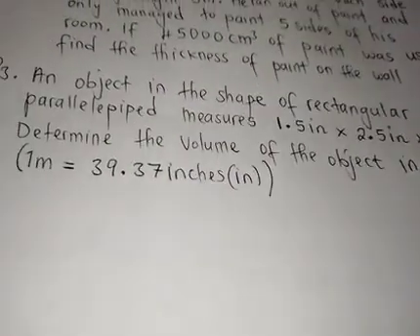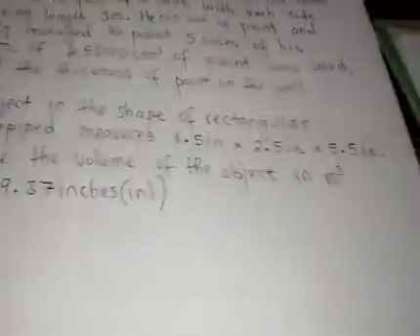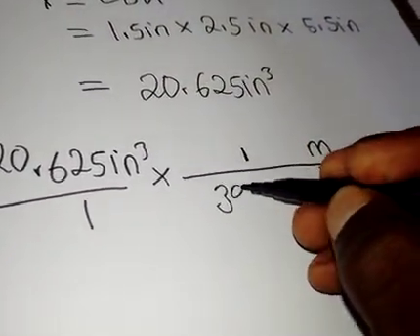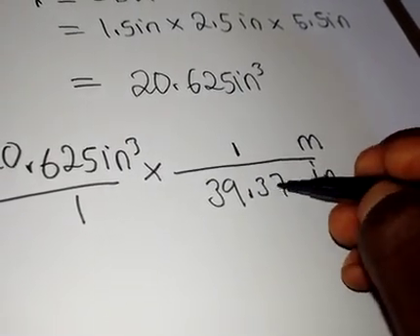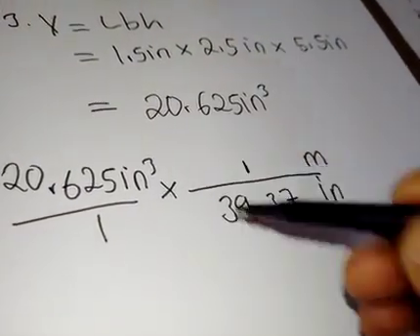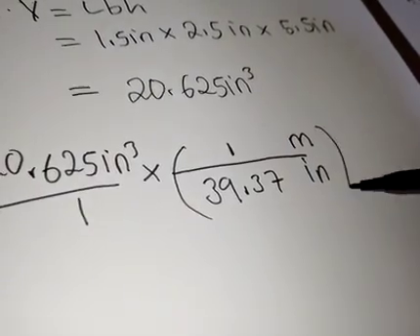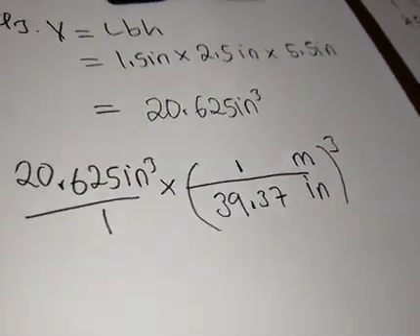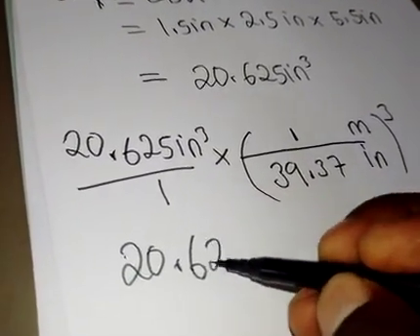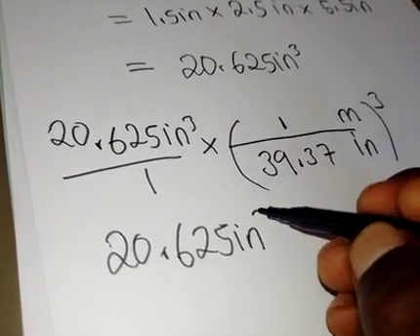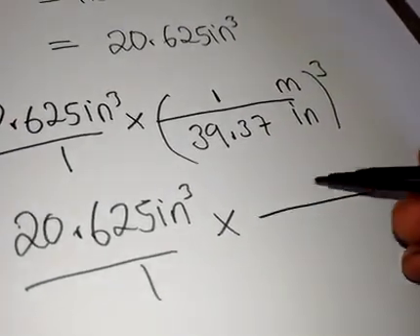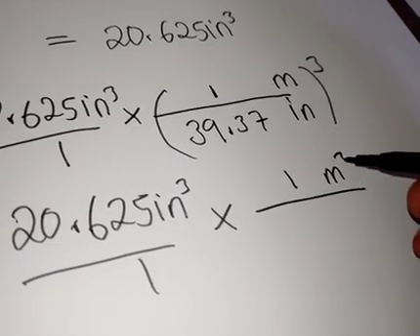Then what's the conversion factor? 1 meter gives us 39.37 inches. Now this one is raised to the power 3, so we do the same: that raised to the third power. Then the next step will be 20.625 cubic inches over 1 multiplied by 1 cubic meter,